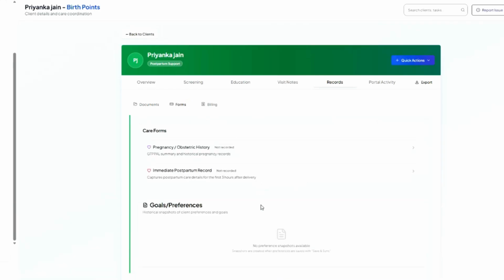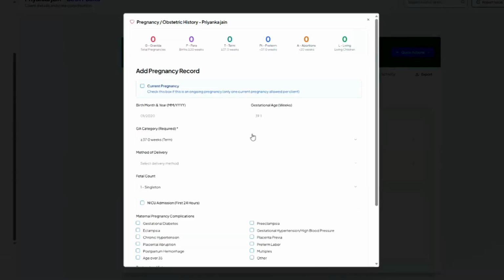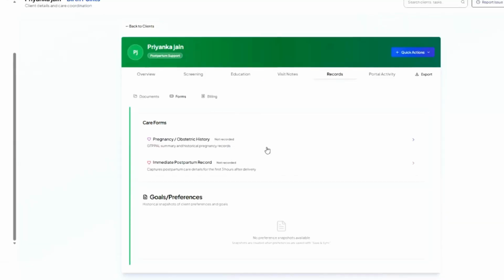We have a form section, which is care forms. This obviously will continue to be built out as BirthSync grows, but we started with our pregnancy and obstetrical history, where you can add pregnancy history separately, so that for those with multiple babies or pregnancies, or just information that you want to capture but you don't want to overwhelm them on the intake, you can fill this out